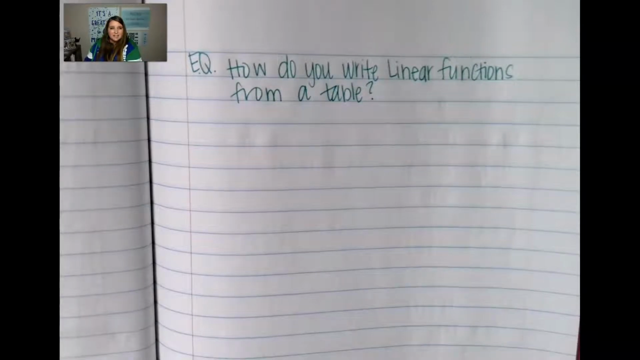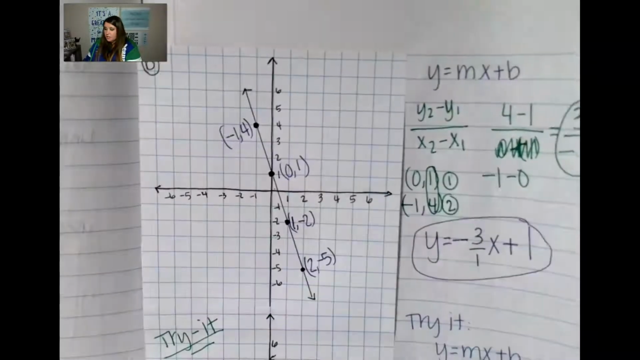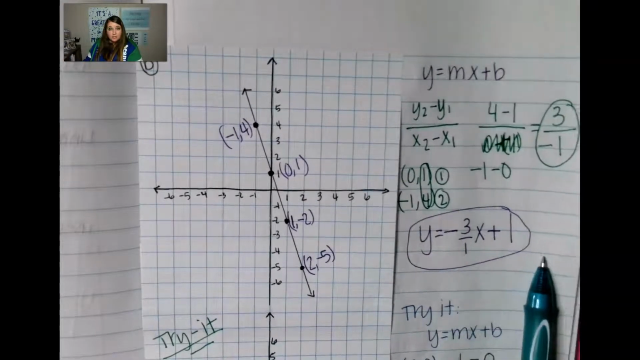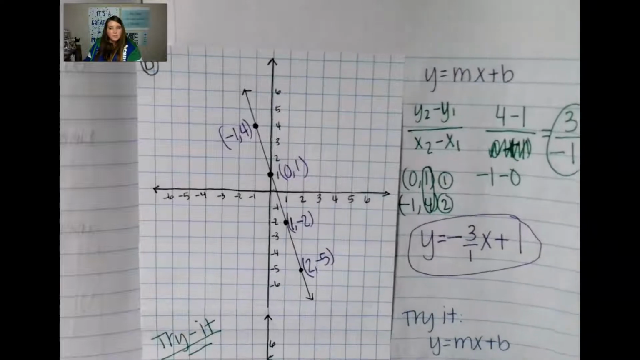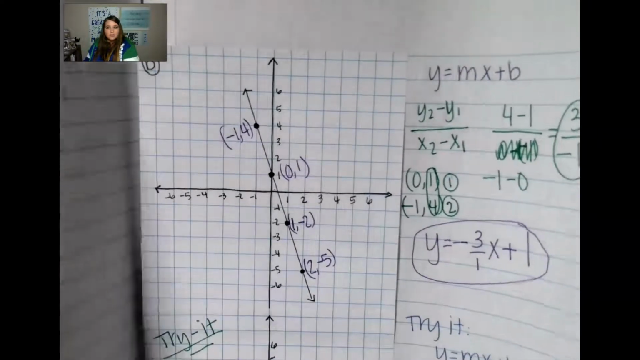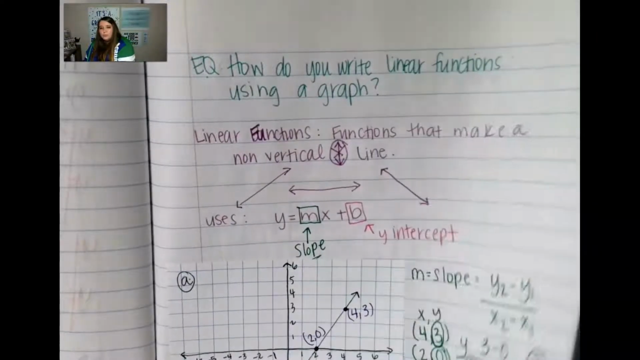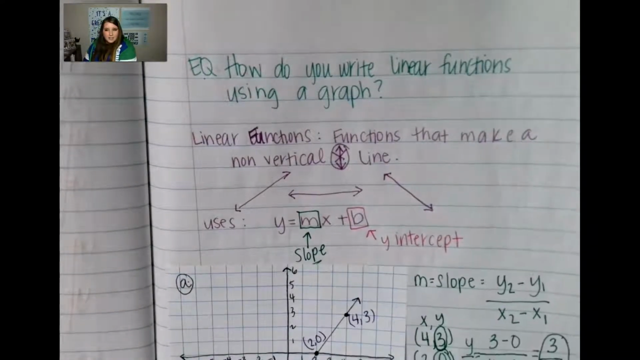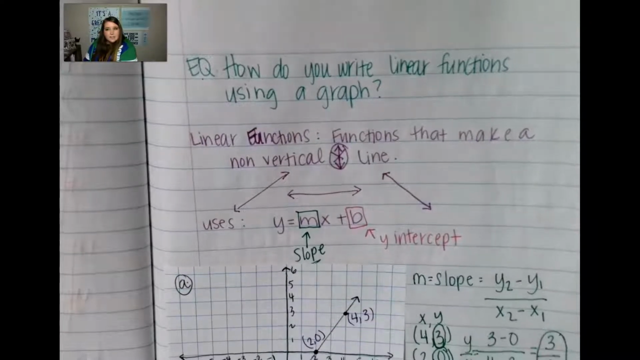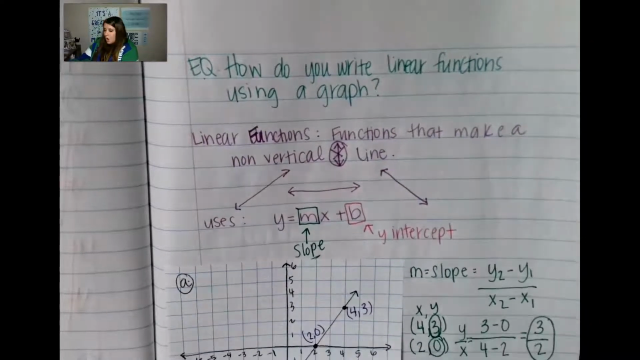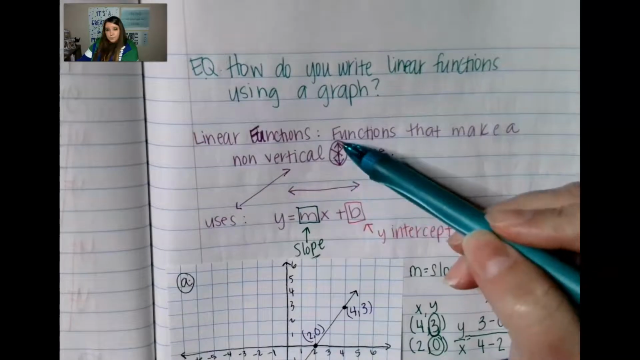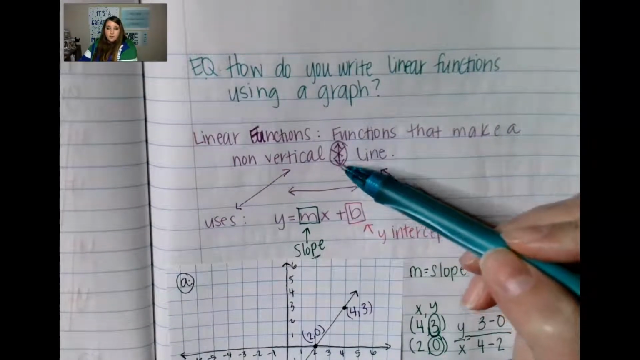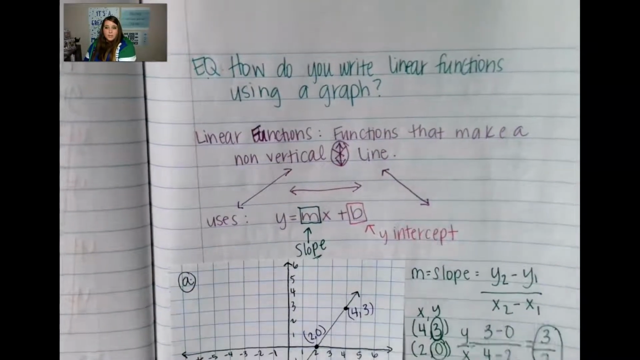So in our last lesson, we were looking at using a graph and then creating a linear function from a graph. You also made the connection that a linear function is pretty identical to a linear equation. Only difference is that linear functions are not vertical. Okay, so we don't want to graph anything that is vertical. Only ones that would go